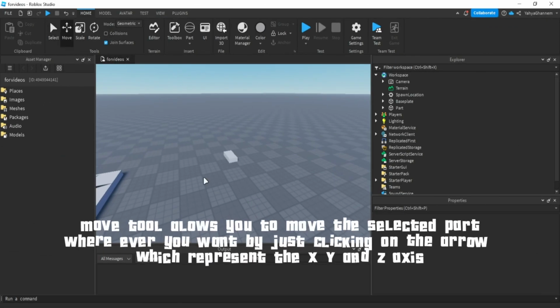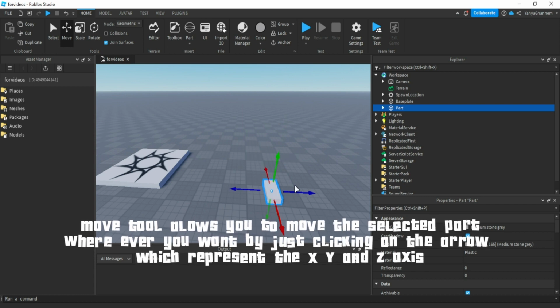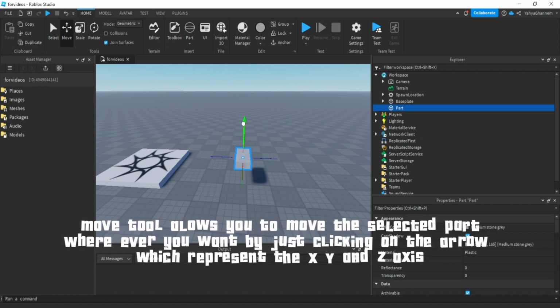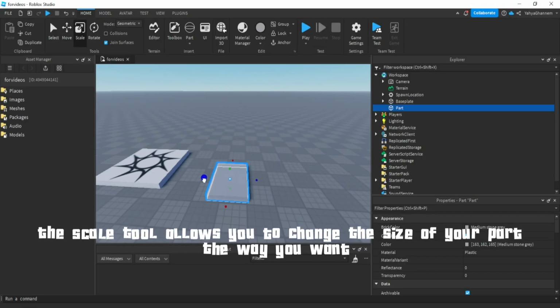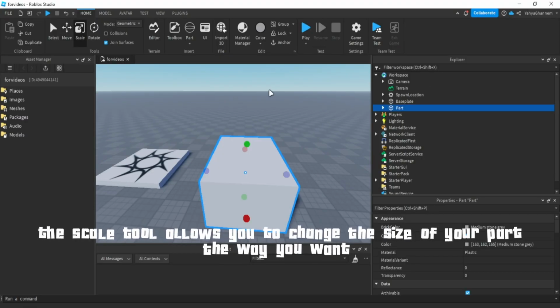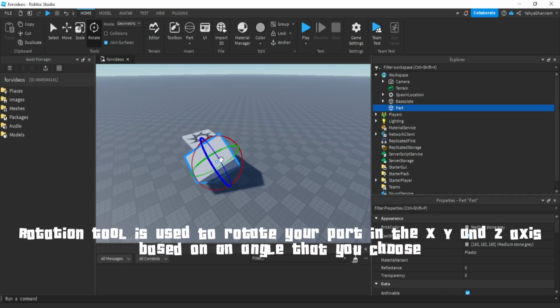Move tool allows you to move the selected part wherever you want by just clicking on the arrow which represents the X, Y, and Z axis. The Scale tool allows you to change the size of your part the way you want. Rotation tool is used to rotate your part in the X, Y, and Z axis based on an angle that